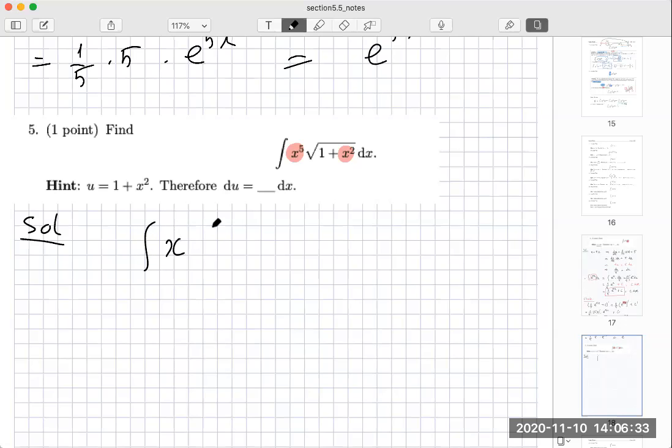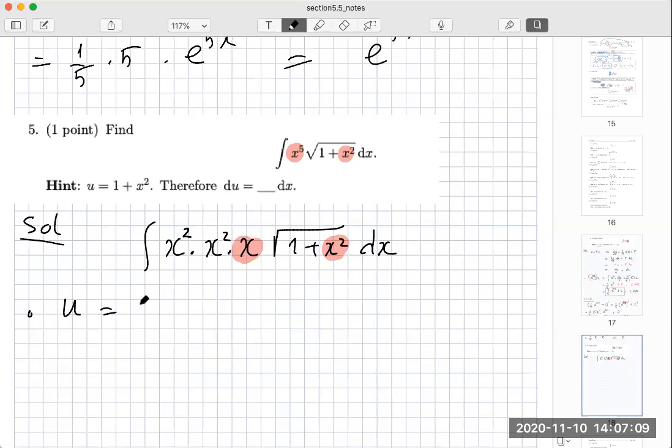Integral of x to the 5, if we write it here, is x squared, x, square root of 1 plus x squared dx here, right? We'll see that the derivative of x squared gives us x. Okay, so